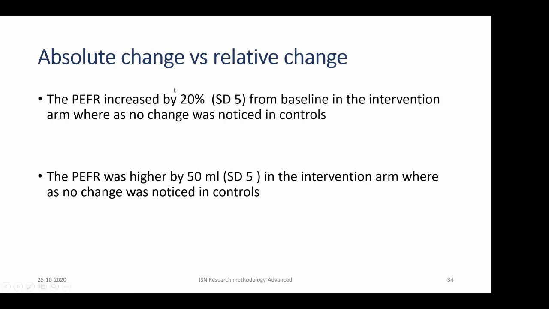So in this scenario, for example, something like a peak expiratory flow rate, it always depends upon the baseline value. In such scenarios, putting a relative change might be acceptable, or it is not mandatory that you should put an absolute change here. Another similar scenario is pain scores, sometimes the reduction in pain scores with the medication. So if possible, in most of the scenarios in nephrology, it is always better to put the absolute change rather than the relative change. But you should be aware that there might be some scenarios which mandate putting the relative change rather than the absolute change. So it is left to the clinical scenario and the biological behavior of the disease in question.